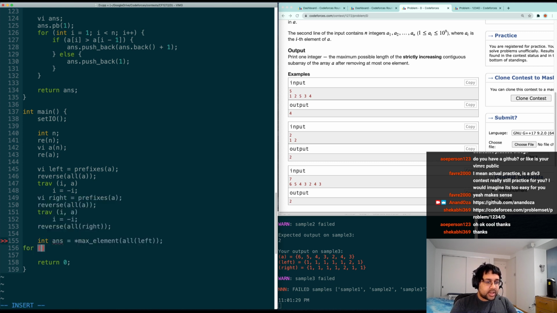Cool. So now we're going to try each candidate deletion. There's no point in deleting something if it's at the very beginning or the very end, you're not actually deleting anything. So these are candidate deletions. What we want to do is say if a[i-1] is less than a[i+1], then